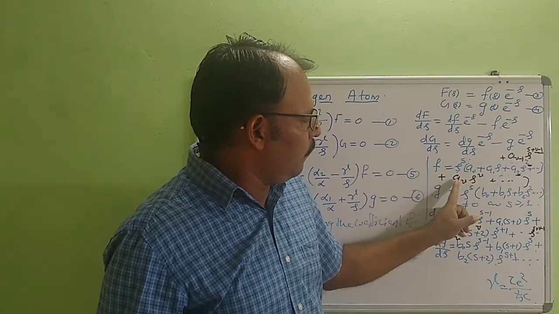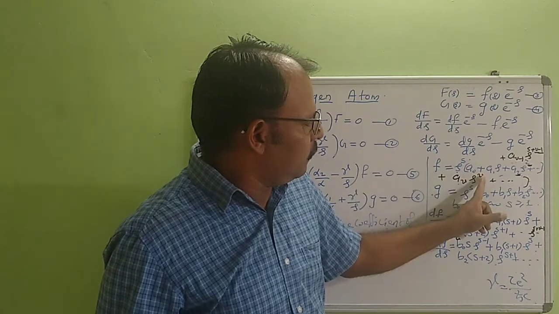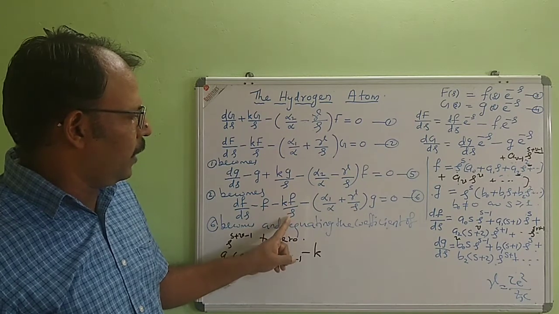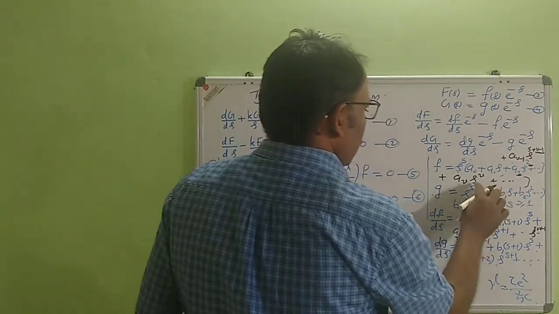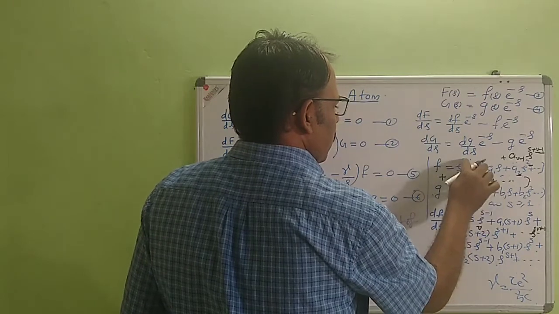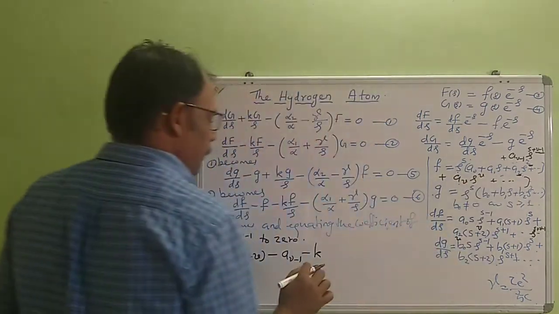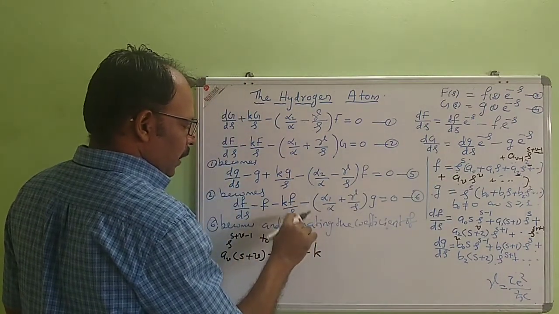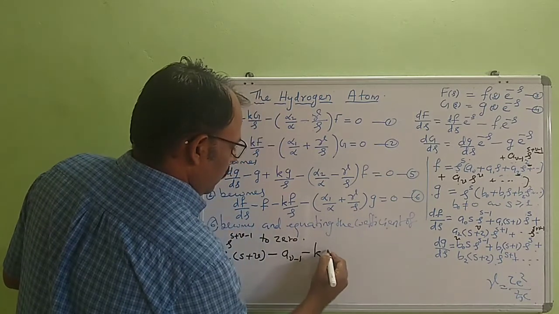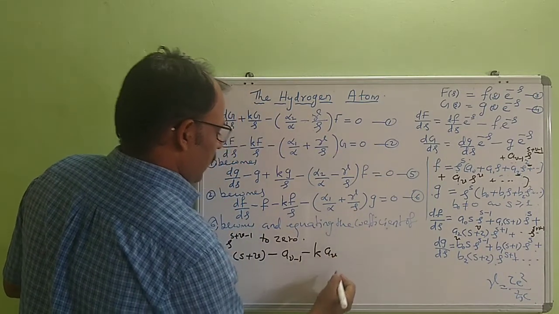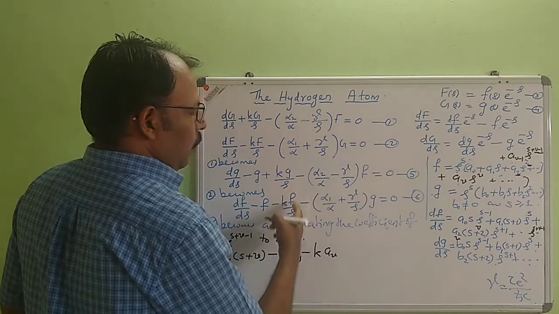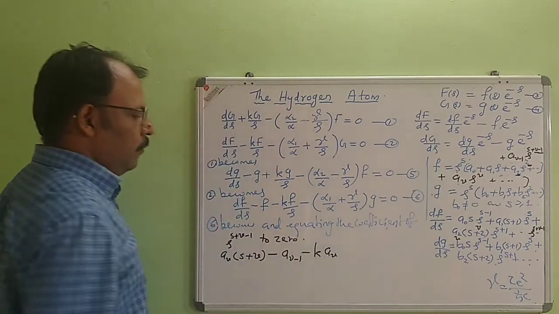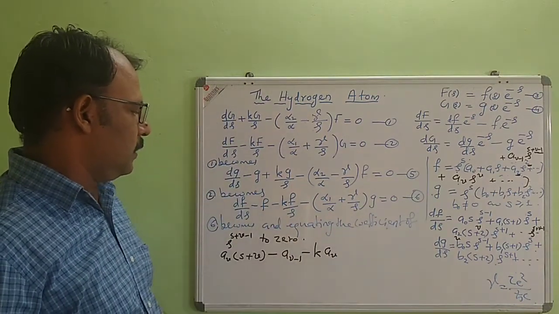If I take this term av rho raised to s plus v, then dividing by rho, its power will be rho raised to s plus v minus 1. So the coefficient of rho raised to s plus v minus 1 in this term, since we are dividing by rho, will be av. Here k is there, that's why this k is written.